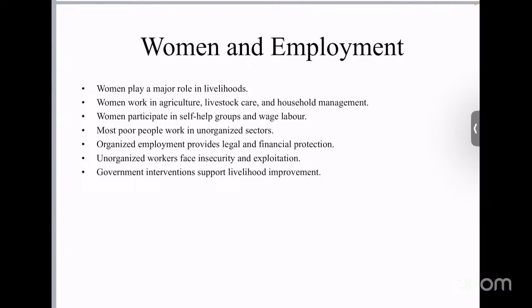The subject of rural livelihoods management explains how people survive, how they earn income, manage resources, and maintain their lives with dignity. A livelihood is not limited to jobs, salaries, or businesses. It includes all activities, resources, relationships, skills, and opportunities that help individuals and families sustain themselves. Livelihoods are connected with economic, social, cultural, environmental, and political conditions.